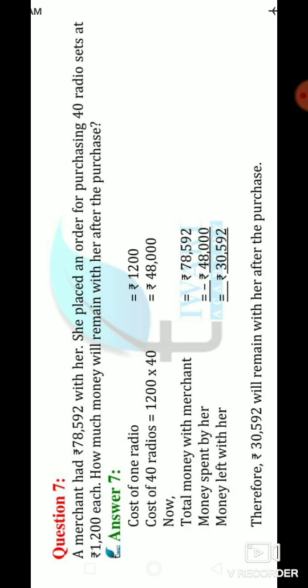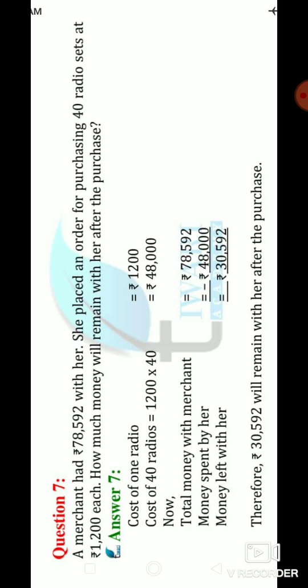That is 592. Then in the thousands place 8 minus 8 is there. 8 minus 8 is equal to 0. So write 0 in the thousands place. And in the ten-thousands place 7 minus 4. If you subtract, 7 minus 4 is equal to how much? 7 minus 4 is equal to 3. So write 3 in the ten-thousands place.